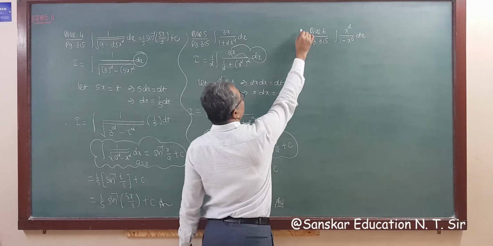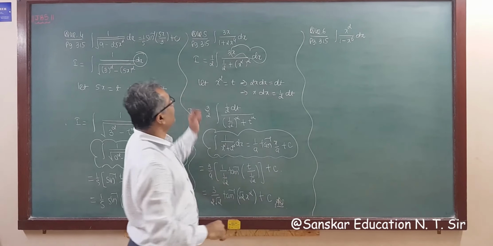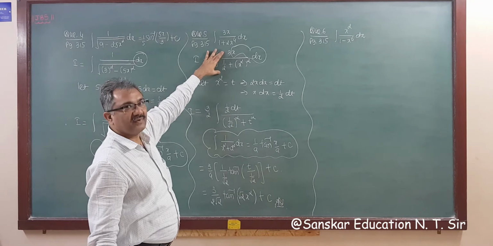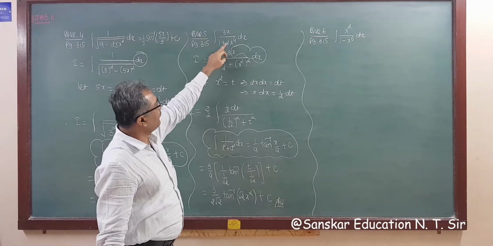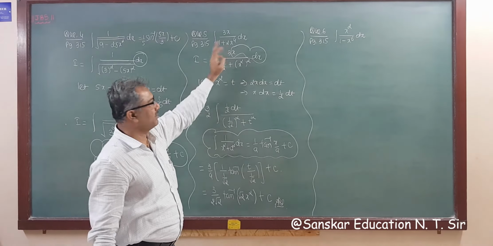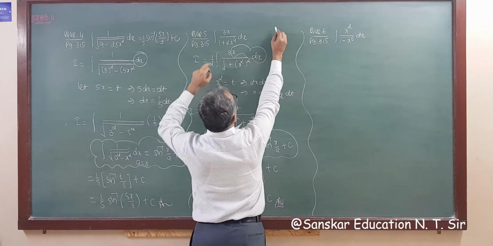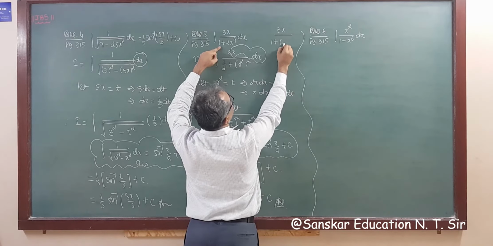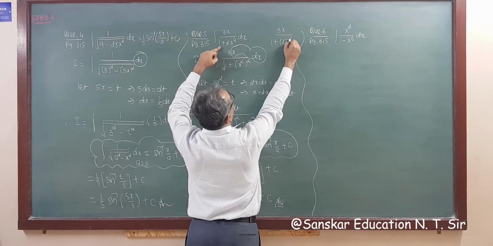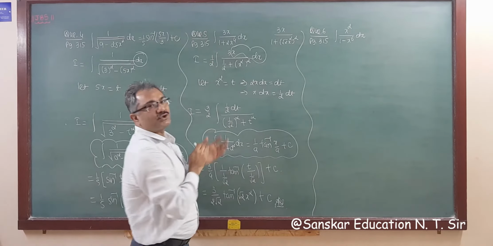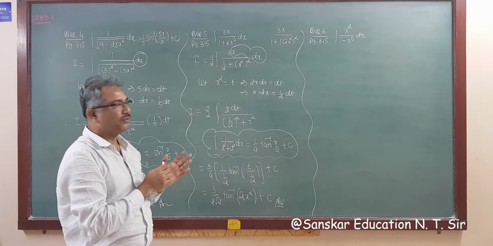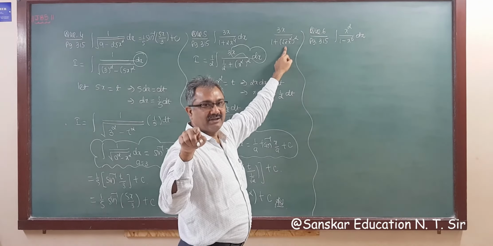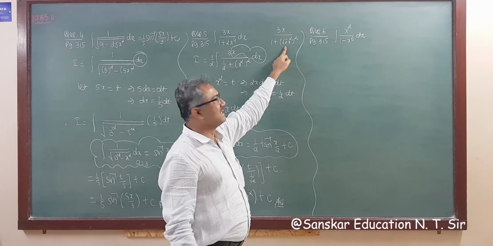Right? Now this is also an MCQ question. Now see from here. If you want to assume from here like this, suppose you want to write here twice x upon 1 plus root 2 x square whole square, then it is also okay. And assume root 2 x square is equal to t.